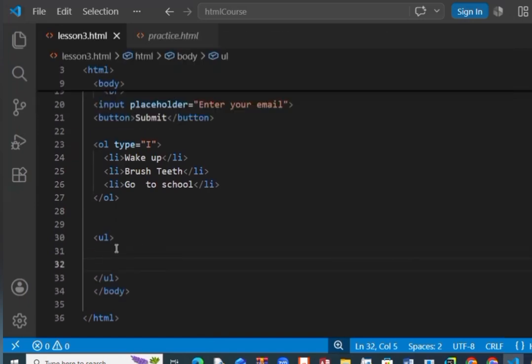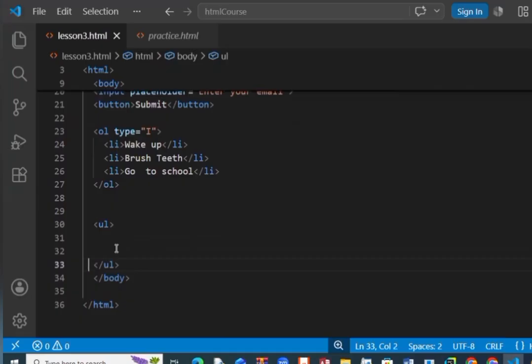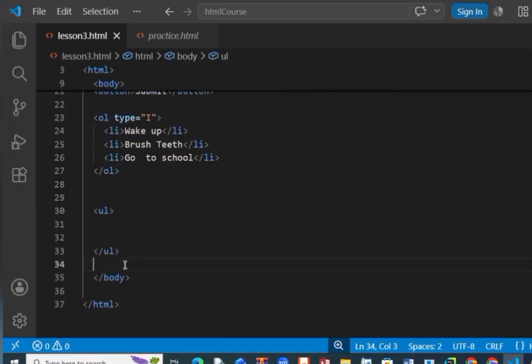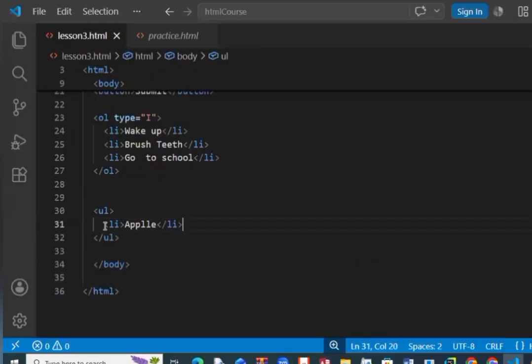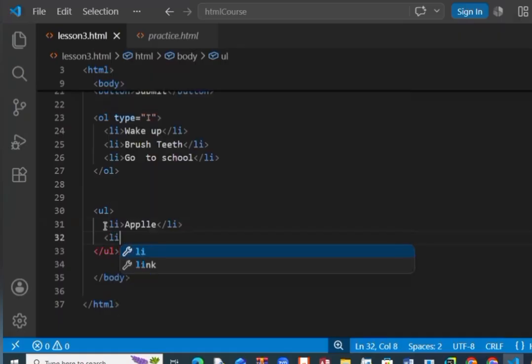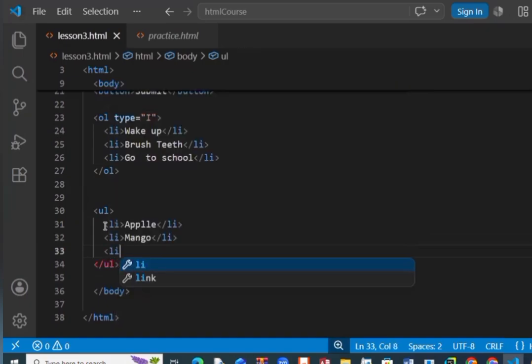Now think we need fruits. So fruits don't have order. Usually fruits we don't enter in an order, unless you need an alphabetical order. So now let's enter fruits. Apple, will enter LI. Mango, and will enter LI. LI is list items. Pineapple,